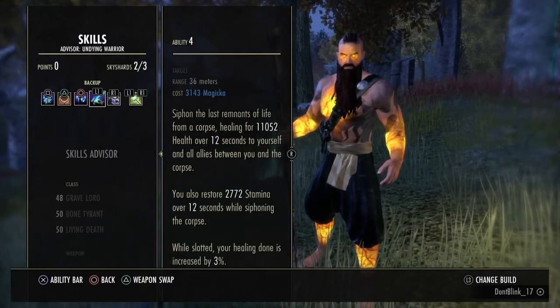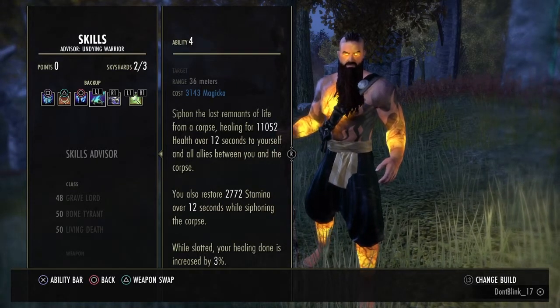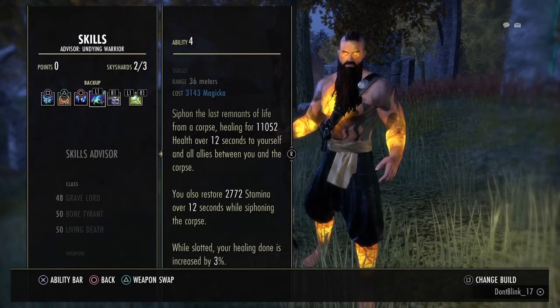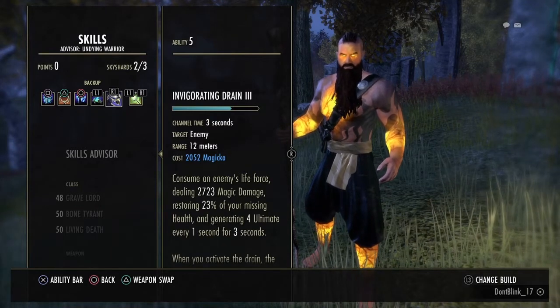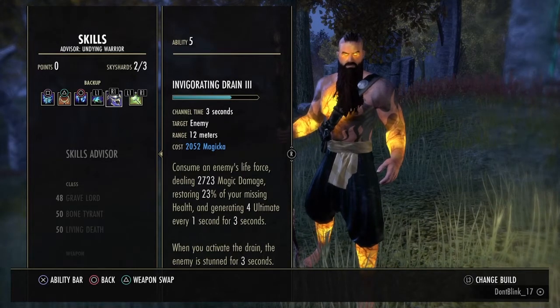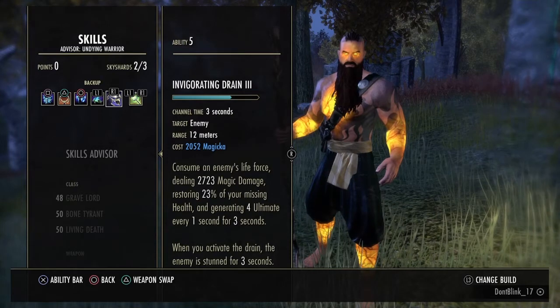So then you end up getting 2 hots active during that time. And then you also restore just under 3k stamina over the 12 seconds. Plus it increases your healing done by 3%, which comes in handy. And this character is a vampire, because Invigorating Drain is very nice to have. Once it's leveled up all the way to level 5, you end up generating 5 ultimate every second for 3